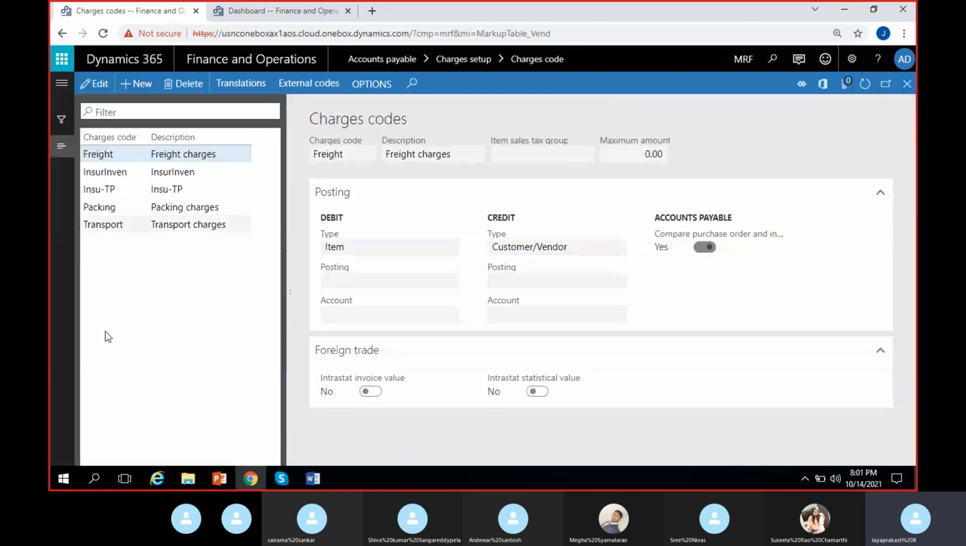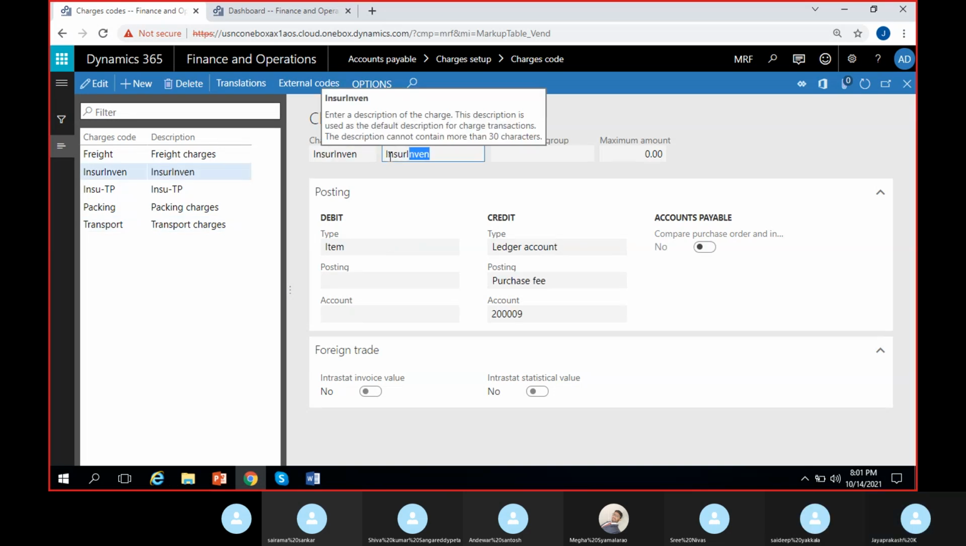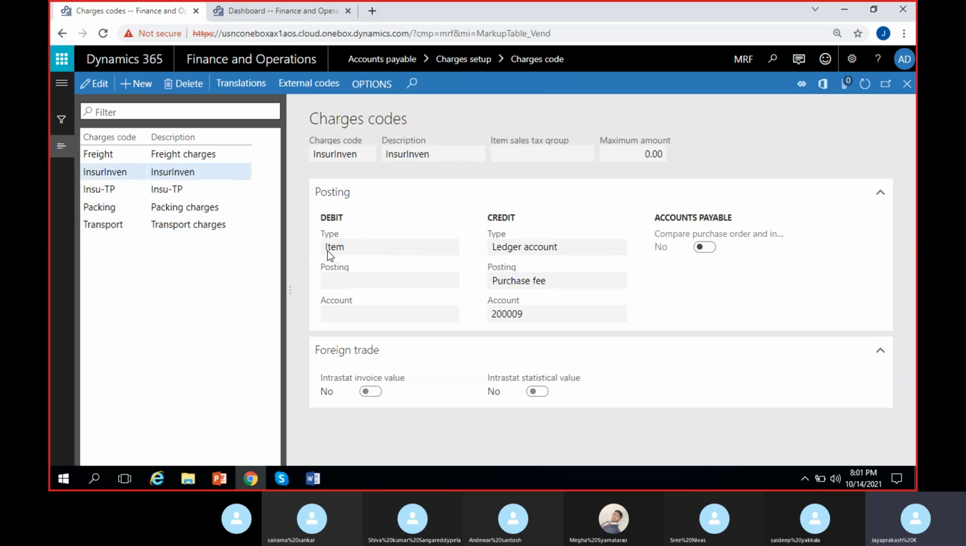Right. So we have 5 charges, out of which 2 of them are the same. Packing charges are added to the inventory and paid to the vendor. Freight charges are also added to the inventory and paid to the vendor. They both are the same. Yesterday we used packing charges and transport charges. Transport charges are accounted separately into a different account, not added to the inventory, but paid to the vendor. Other than that, we have 2 others: insurance, which we add to the inventory but pay to a third party vendor, and insurance which we